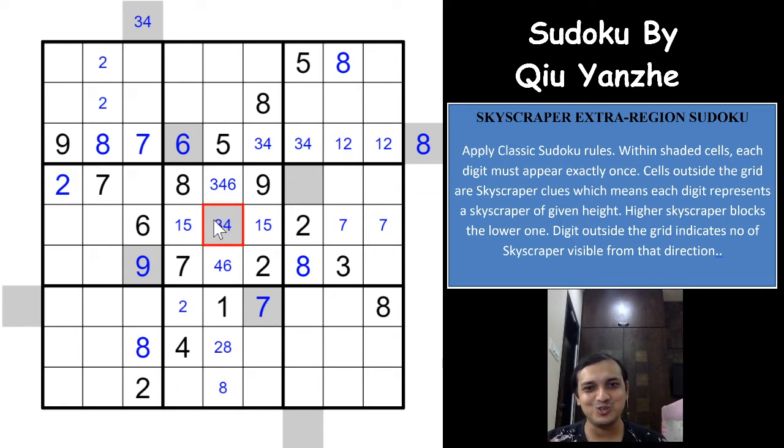What an amazing Sudoku. We got a 3-4 pair, which means these 3 digits will have to be 1, 2 and 5. Only digits remaining, and 2 and 5 is already here, which means this has to be 1. And this has to be 2 and 5 in any order. Excellent. Superb, guys. So let's see if we can use the skyscraper clue of 5 to eliminate one of the cells and use the other cell as the skyscraper clue.